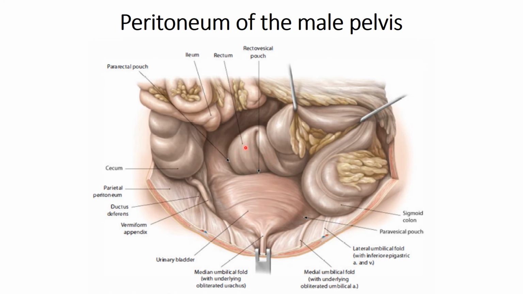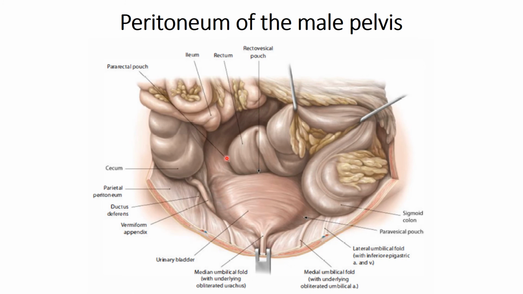Now from this anterior surface of the upper part of the rectum, the peritoneum is reflected onto the posterior surface of the urinary bladder, thereby creating a rectovesical pouch. And from the anterosuperior surface of the urinary bladder, the peritoneal line is reflected sideways, creating a paravesical pouch on either side, which is limited laterally by the